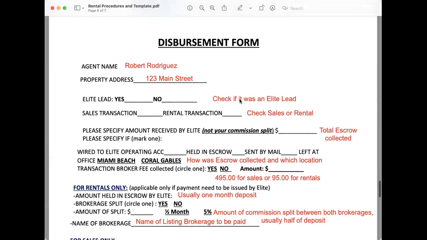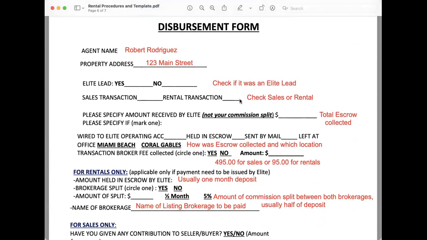All right, so this is also a copy of the disbursement form, which I'm also going to send to you via the chat. And the disbursement form is usually typed up and turned into our Elite Transaction Coordinator as you get ready to go to your move-in. Remember, 72 hours prior, you want to go ahead and type one of these up and send it over to